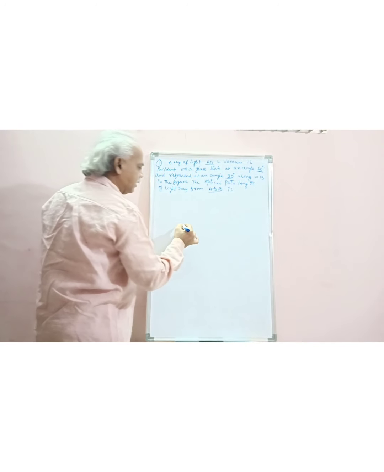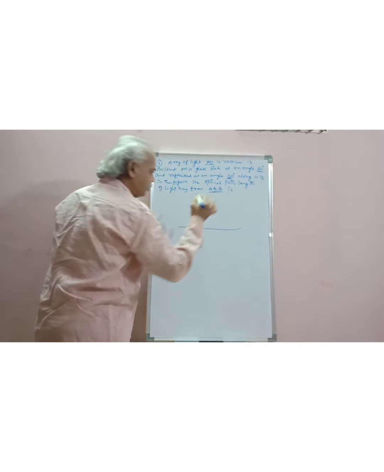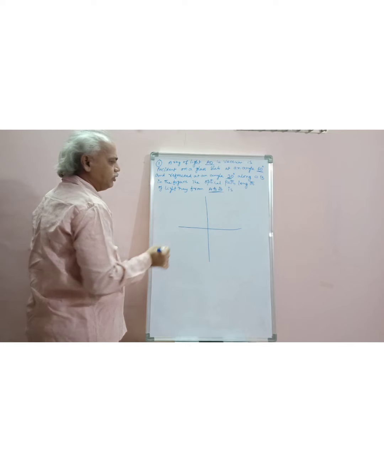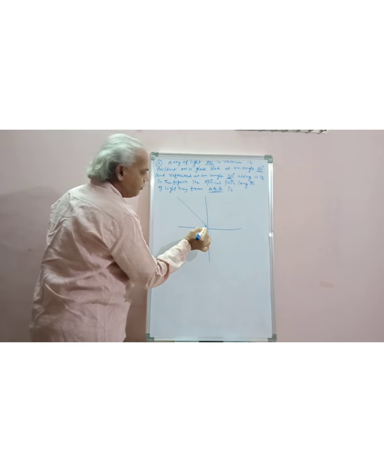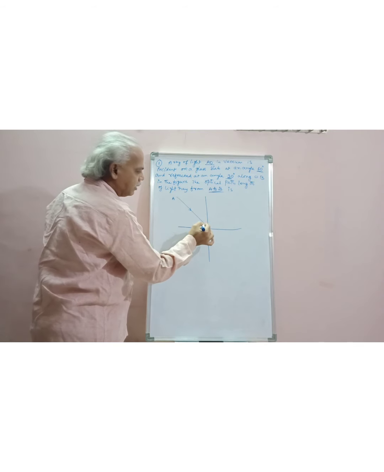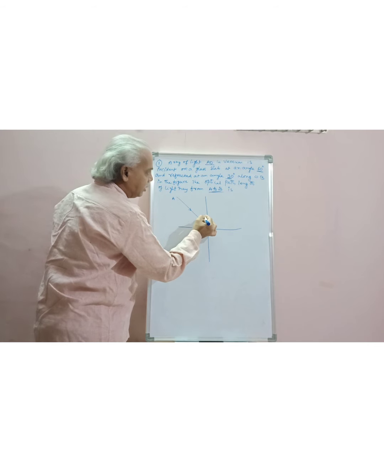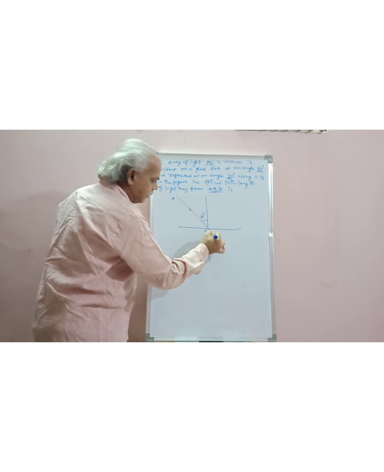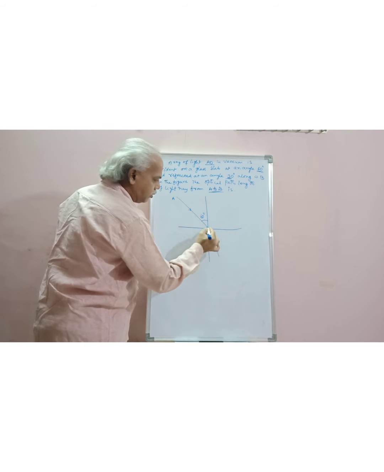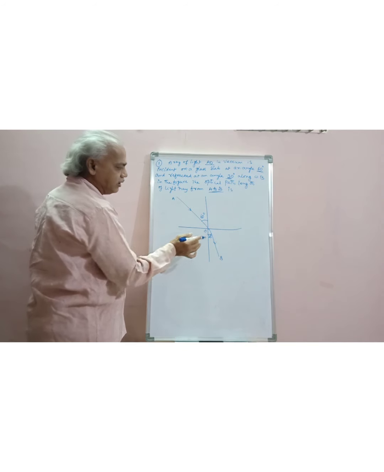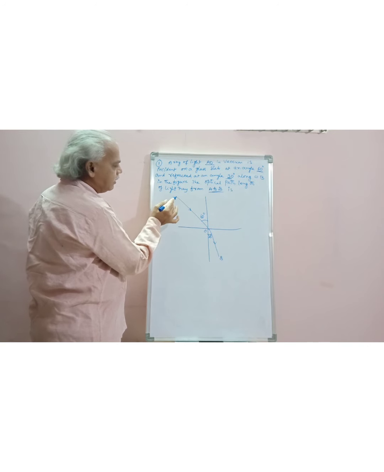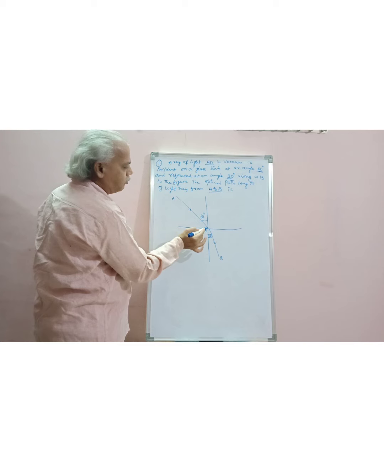So this is the interface, and this is the normal at the point of incidence. This is the incident ray, it is AO. Then the angle of incidence is 60 degree and it is refracted with an angle 30 degree. So O to B, the light travelled a distance in the glass slab. In air, the distance is A to O.